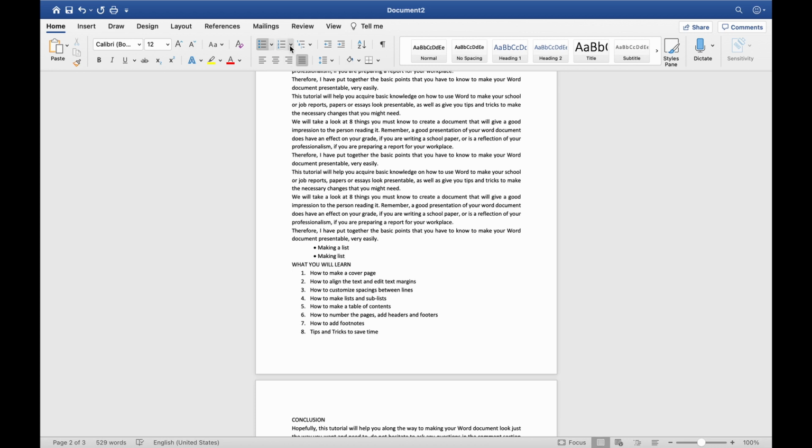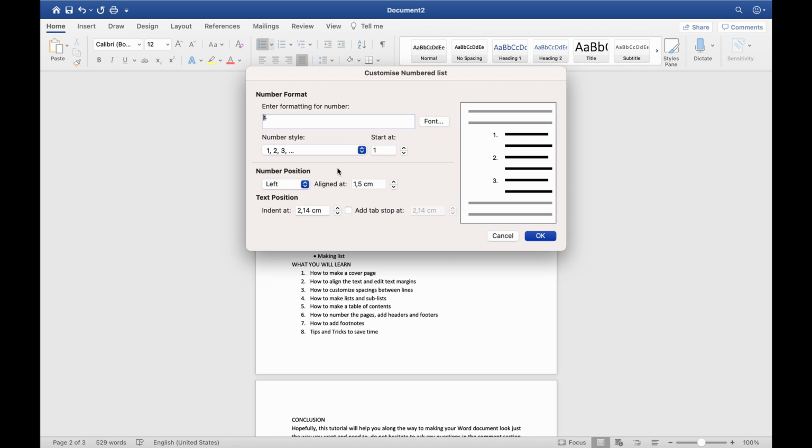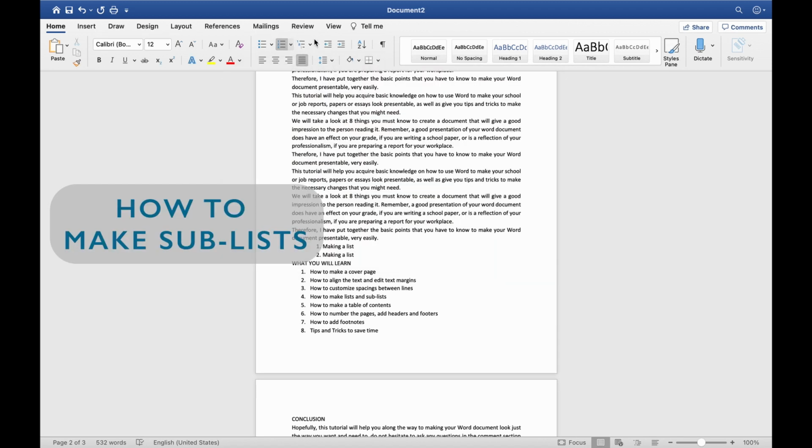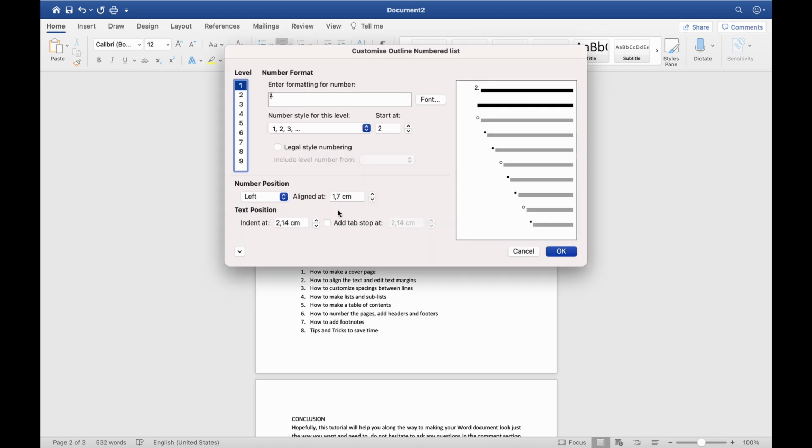Also, we can use numbers. Here we have numbered lists. Then for the numbers we can use different types. We can use letters, we can use whatever. And here is the same principle. We can format this to be however we want it to be, and the spaces to be however we would like them. For this, we use this button here, and here we can define however we want our multi-level list